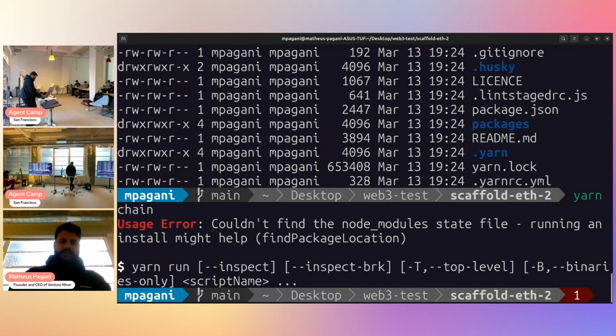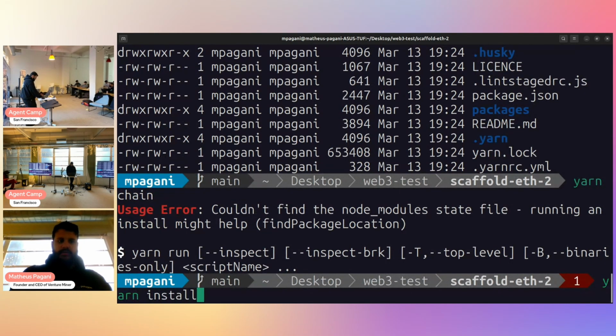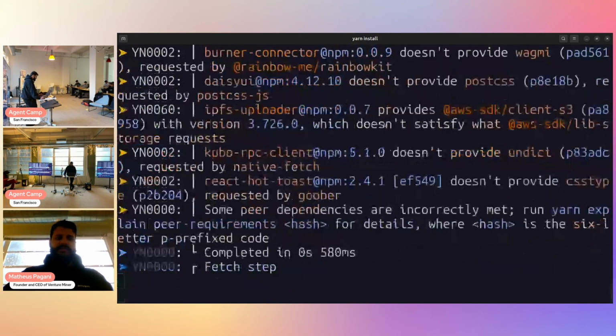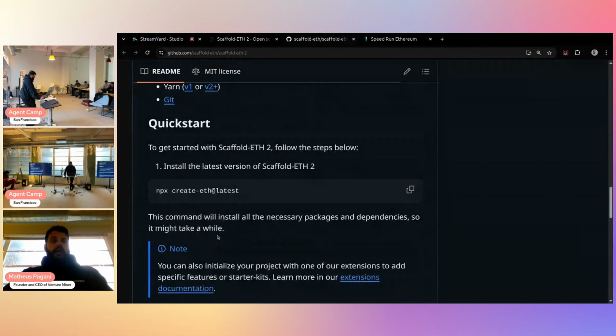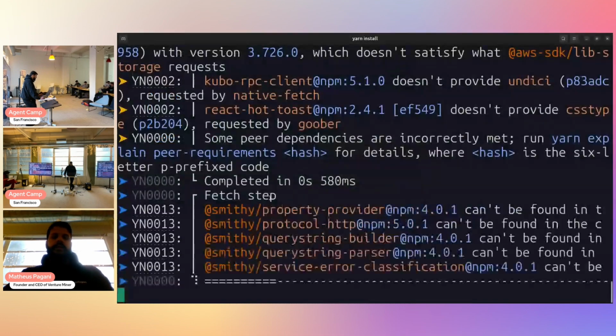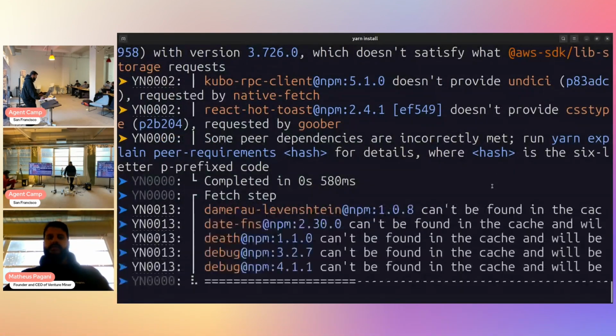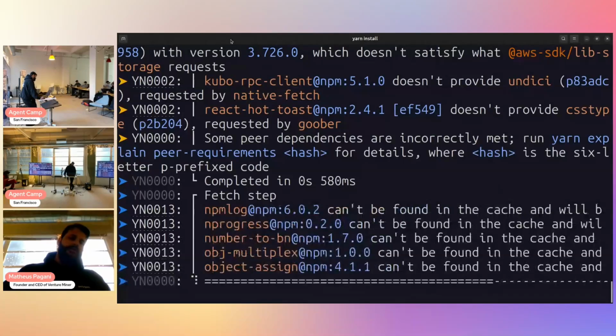Need to install first. Sorry about that. Yarn install. Missing a lot of steps here. Sorry about this, people. First, you need to clone. Well, when you create with the command, you don't need to install. But when you clone, you gotta do a yarn install for this to work, and then you can do yarn chain